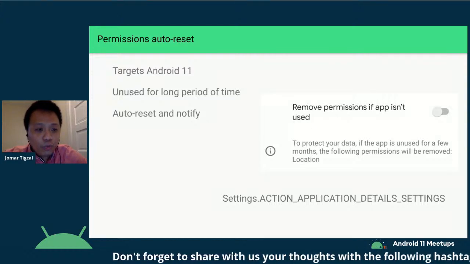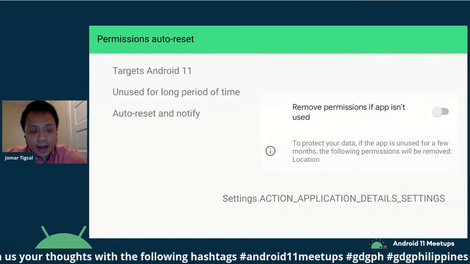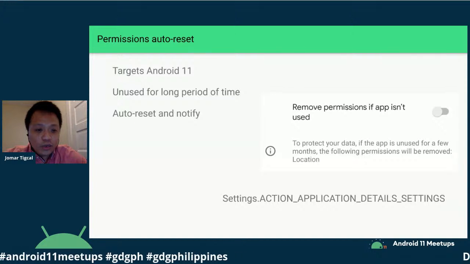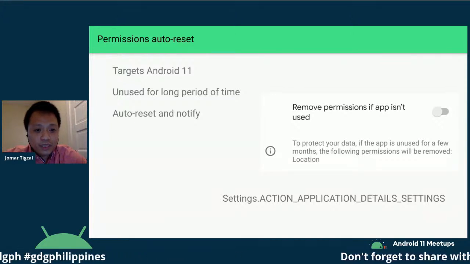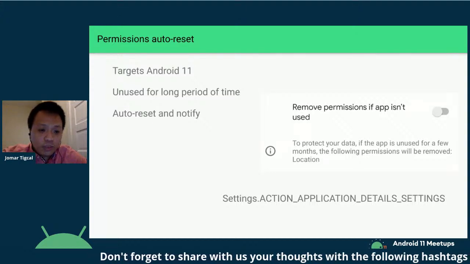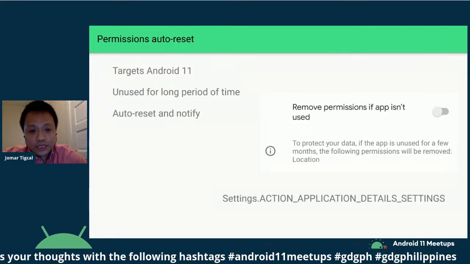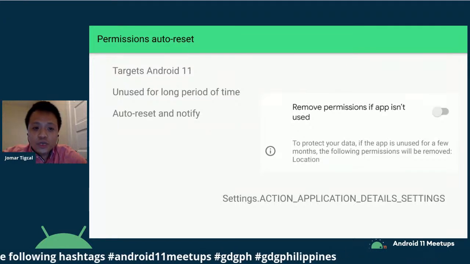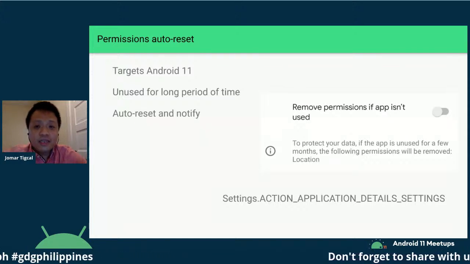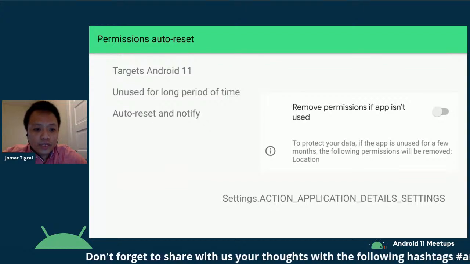If you don't want your app to be reset, you can go to the application detail settings, which displays this image on the right. You can prompt the user to unselect this, so that your app will be exempted from the auto reset.